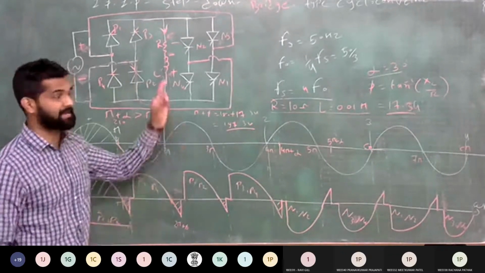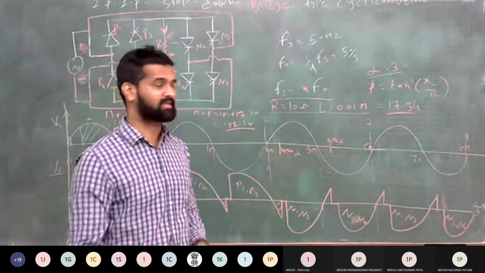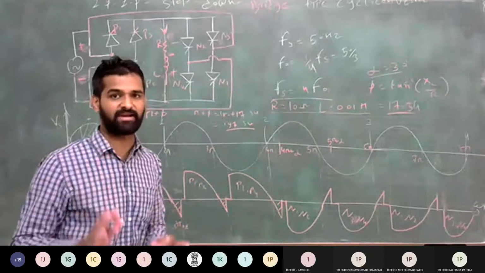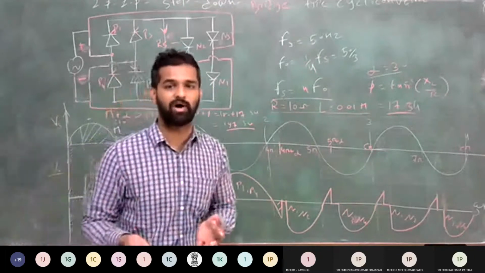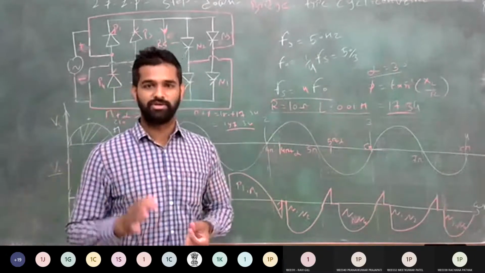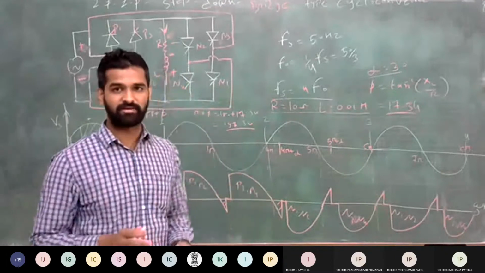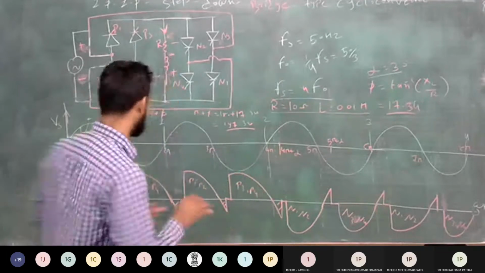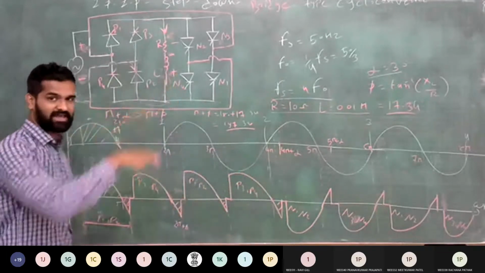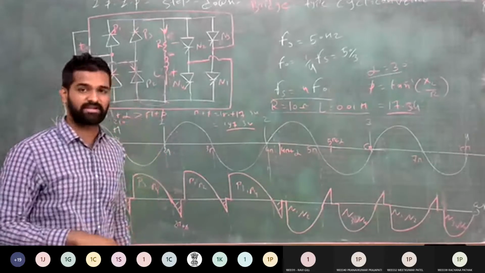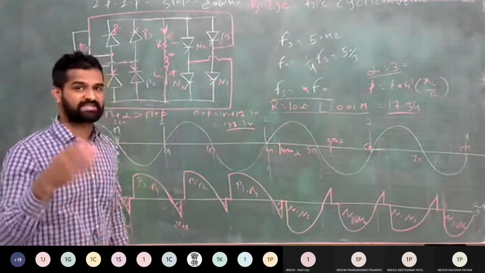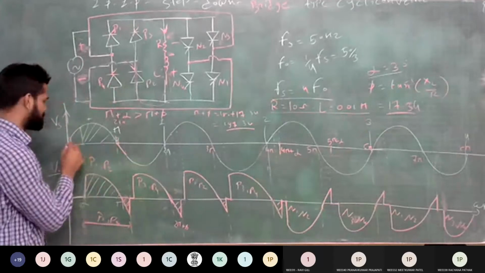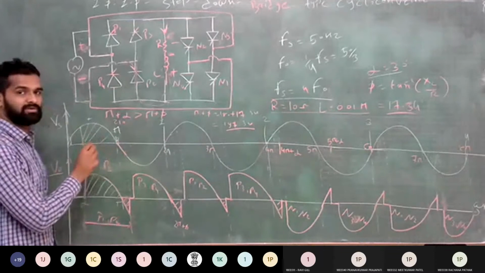But if you see the step up cycloconverter, where you require the output frequency more than supply frequency, in that case, in one cycle of your supply, you require a number of output cycles. So in that case, you must turn off your thyristor forcefully, because there is no natural zero in between the half cycle. This is a positive cycle. As we saw in the last lecture example of step up frequency, 6 times Fs, in one positive cycle you get 3 cycles. So you require the positive as well as negative.